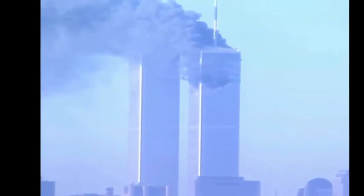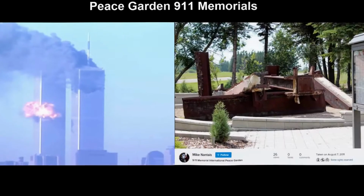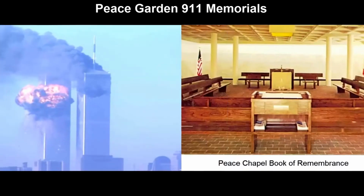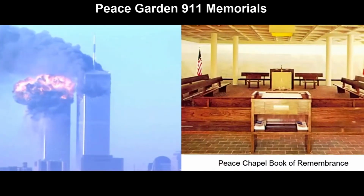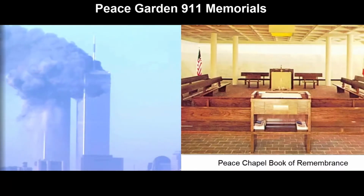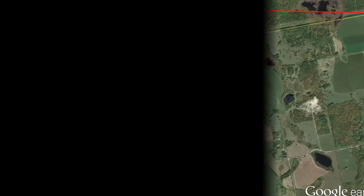Incredibly, the International Peace Garden has not one but two 9/11 memorials. The outdoor memorial is composed of a jumble of beams that are actually from Ground Zero, while the indoor memorial is in the Masonic Peace Chapel, centered around a book with all the victims' names lying open in ritual. The bisecting line from the Comox hexagon